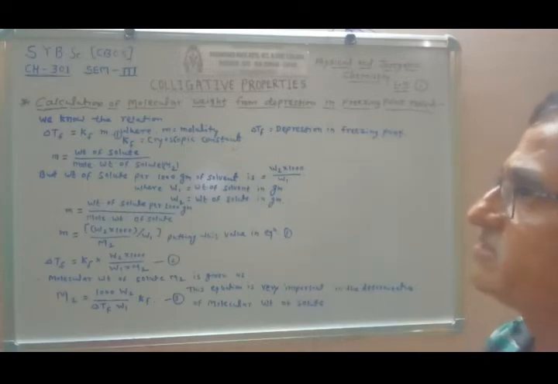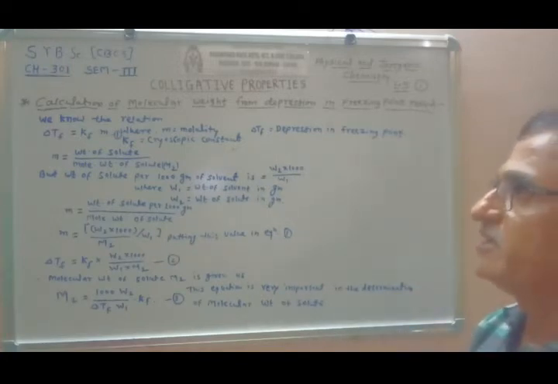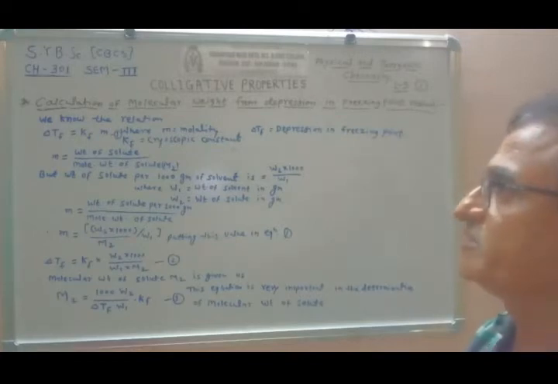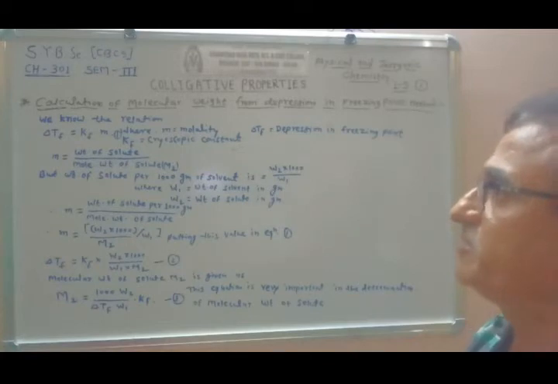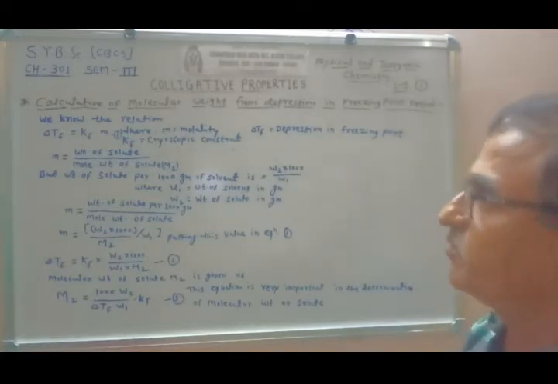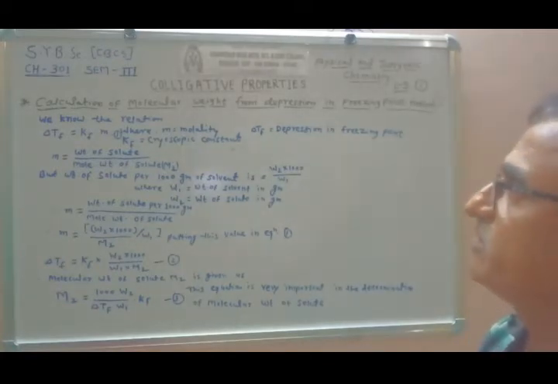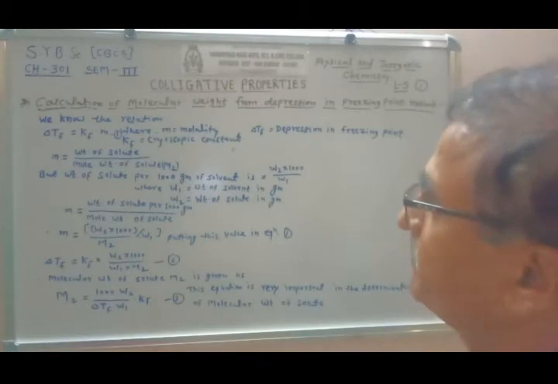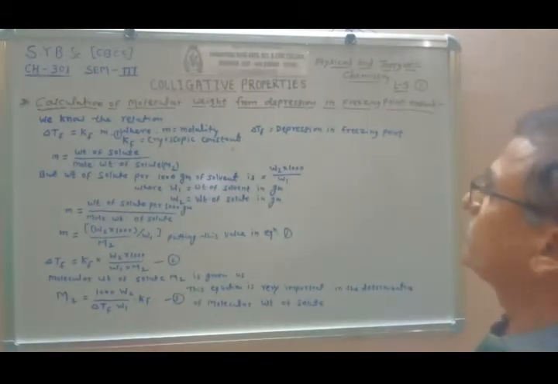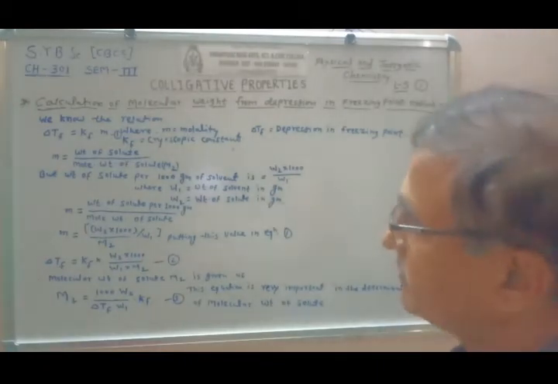We have already discussed different properties like lowering in vapor pressure, elevation in boiling point, and depression in freezing point. So now, from the depression in freezing point, how can we calculate the molecular weight of the solute? We have already studied the relation